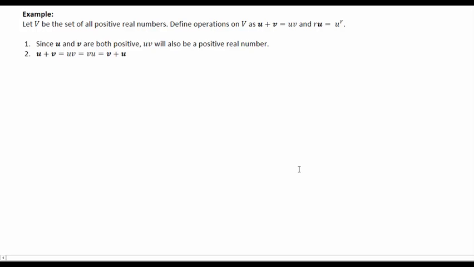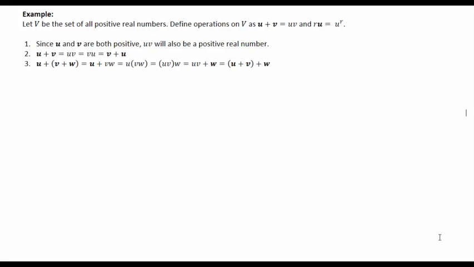The second one, u plus v, actually is u times v. And then we know these are just positive real numbers, and the order of positive real number multiplication doesn't matter. So that's vu, which is by definition the vector v plus the vector u. For number 3,